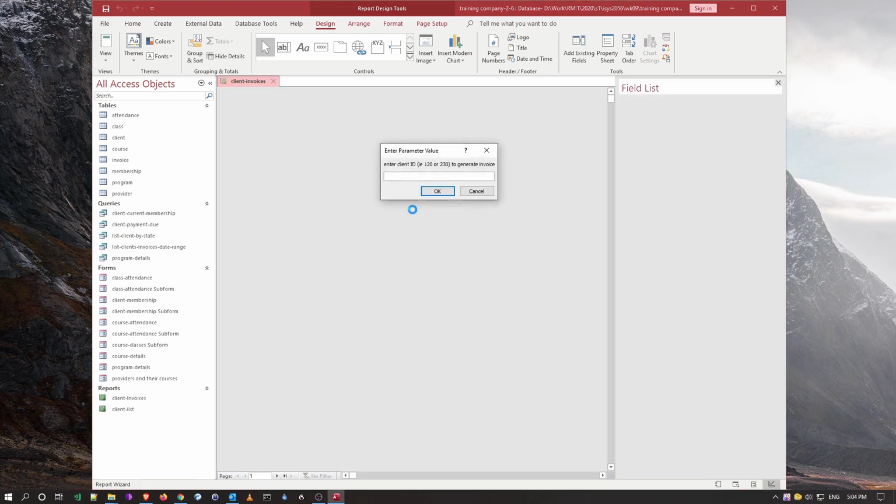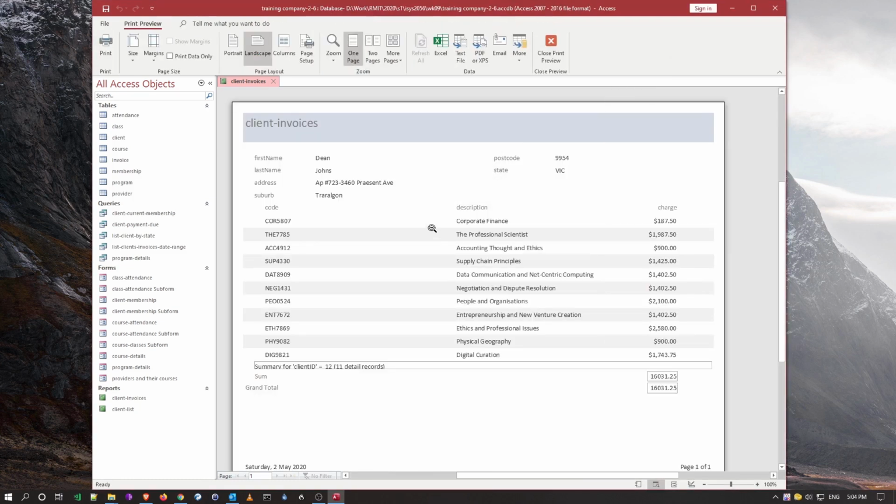So it's going to ask me the typical questions which I had before, and for client 12, these are the charges which I expect, right? And this is per client. So what happens is if I got rid of that dynamic query asking for the client, I would get a list of all of the clients, page by page by page. But I just said keep the current dynamic query where we just look for a client,